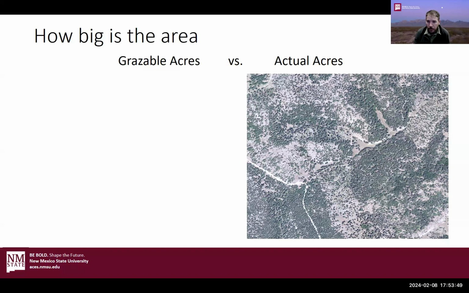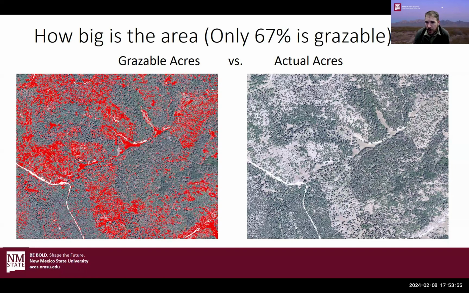So how much of that is considered grazable acres versus actual acres? Only 67% of that. You can see the red; that's the only grazable spots in that whole pasture. So you have to be careful when you're doing the calculations and know the difference between actual acres and grazable